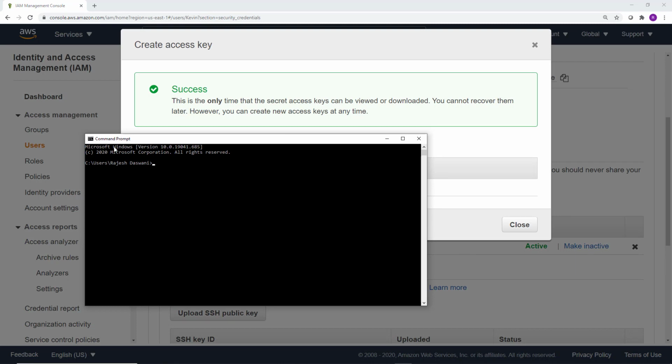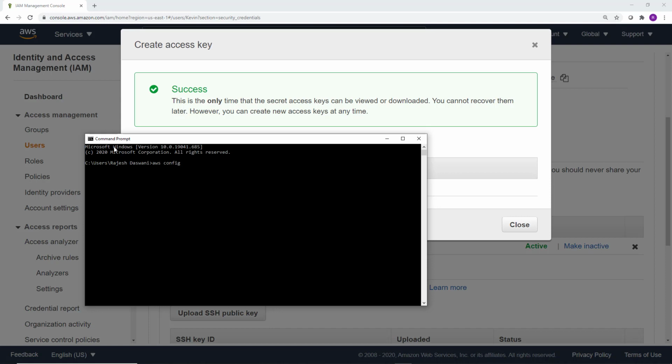Okay, so this is my command prompt, and what I need to do is configure the command line interface for Kevin so that he's able to log on to this AWS account and access the Glacier environment and the S3 environments, as per the policies that we assign Kevin to. Now, because Kevin is one particular IAM user, your system may have multiple profiles for different users in your AWS account. So I'm going to create a particular profile for Kevin, and the way you do that is you do